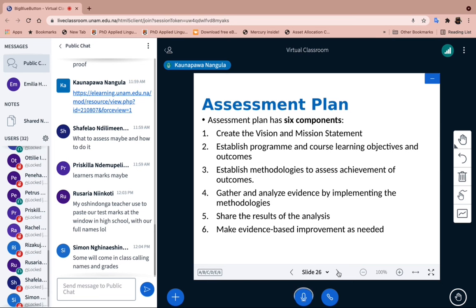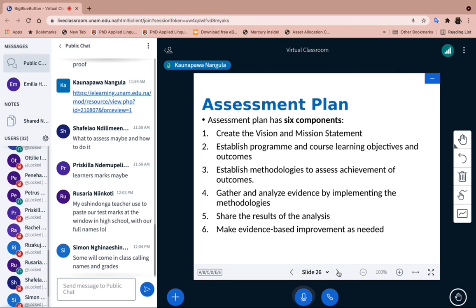Assessment plan is how you're going to carry out your assessments. When you are creating an assessment, there are six steps that you need to carry out, that you need to